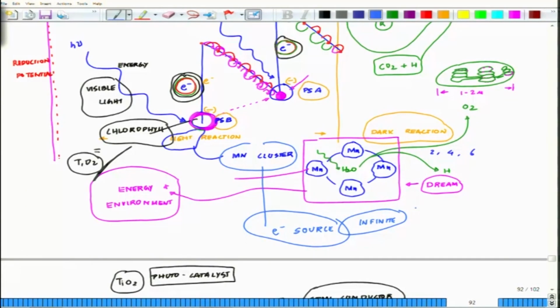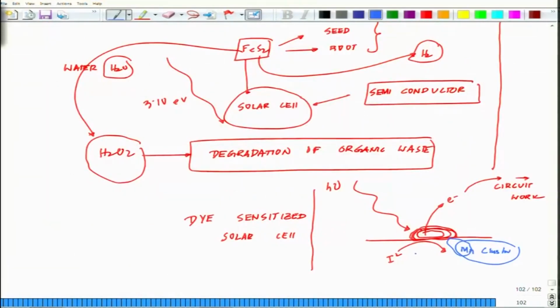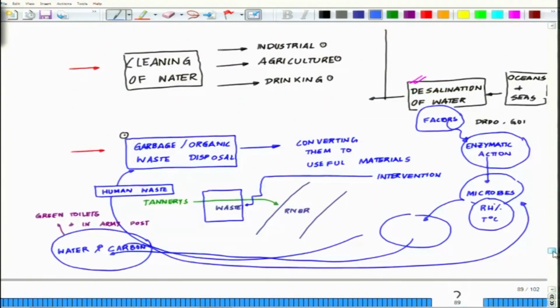Whereas out here in dye-sensitized solar cells, or Grätzel cells, you can pick up any of those reviews, it is the iodine molecule which supplies that additional electron. So, coming back to where I started this journey with you, these are some of the points which I again wish to highlight. The future, when you talk about cleaning of water, industrial, agricultural, drinking,